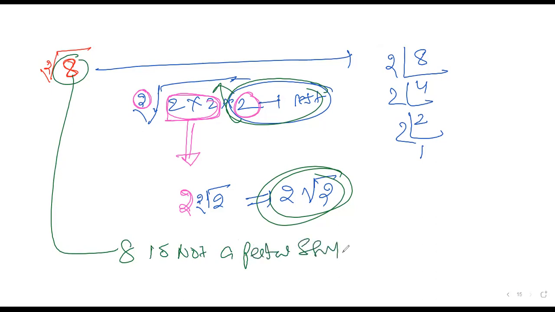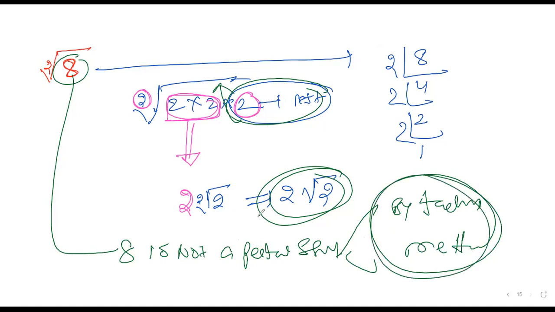How did you decide it? By the factorization method. This is one logic, the factorization method. We have another logic also. The last digit: we can see 8 does not appear among 0, 1, 4, 5, 6, 9. 8 is not available. Like that also we can say whether it is a perfect square or not. If it is a perfect square, it should come out.